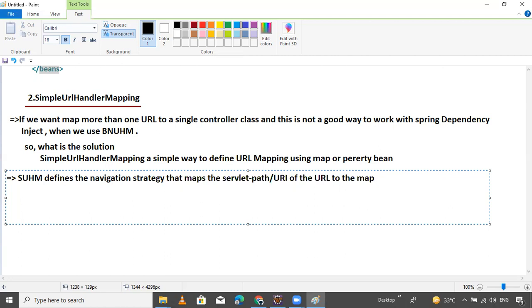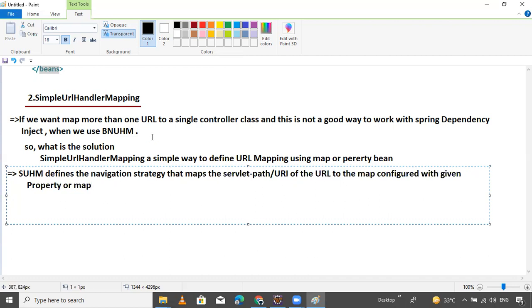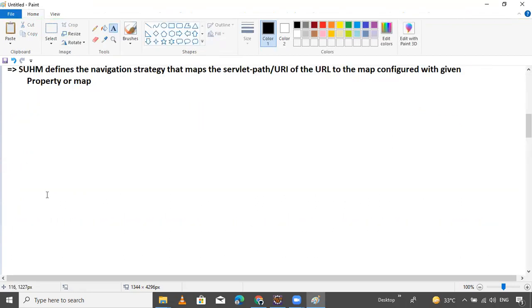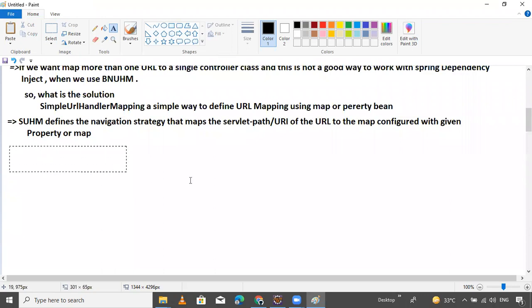Map configured with given property, or map. We have two ways: one is the map, the second one is the property.